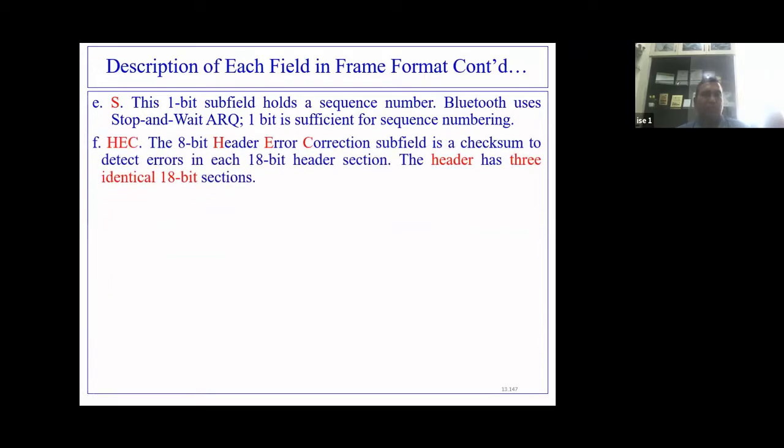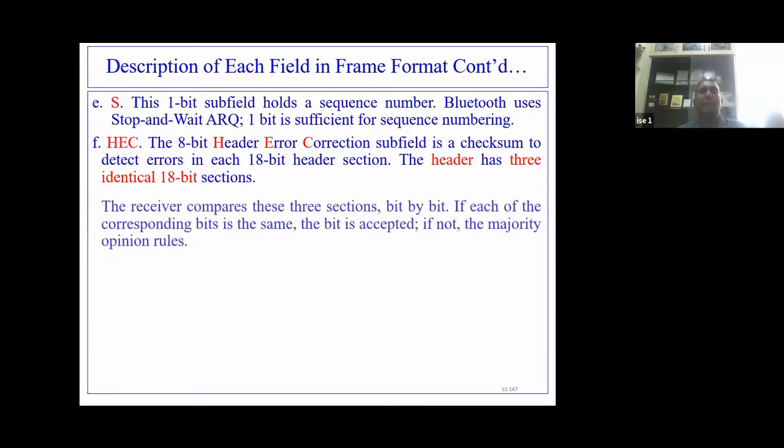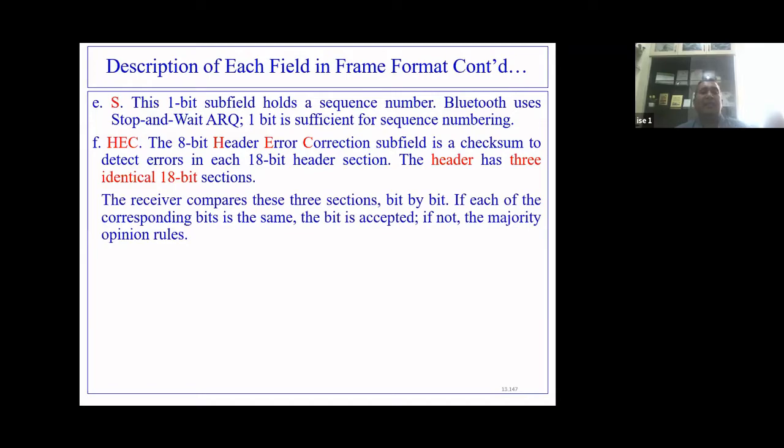Bluetooth uses stop and wait ARQ, so 1 bit is sufficient for sequence numbering. And HEC stands for header error correction, a subfield which is nothing but a checksum to detect errors in the 18-bit header section.